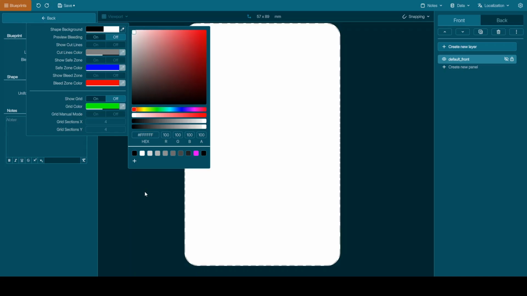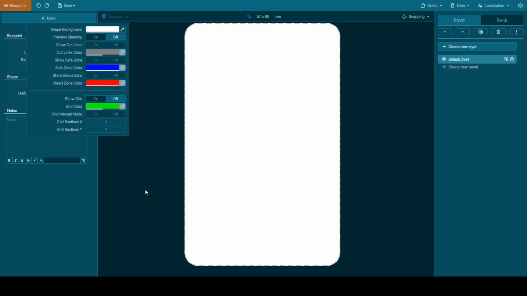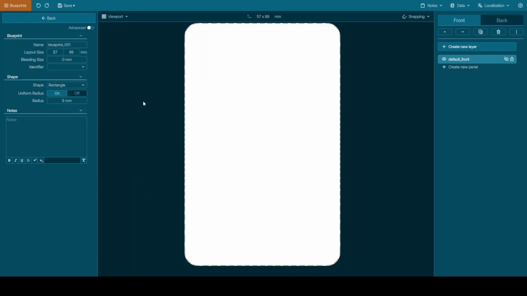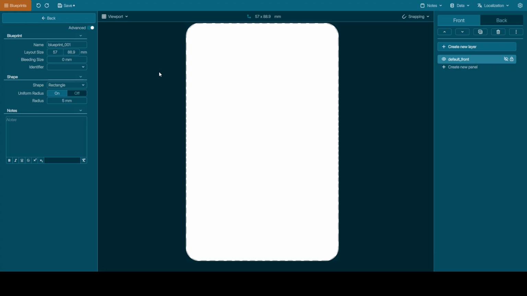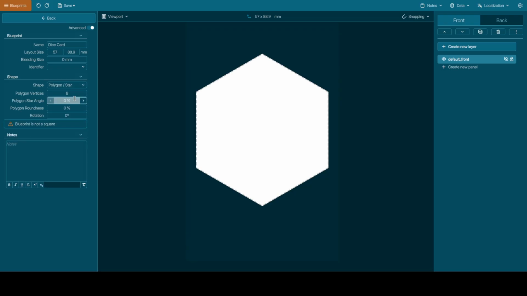So now it's pretty much similar to what it was when we used Dijkstra's. Let's say the name of the layout, or blueprint, is dice card, and layout size is set here. Different kinds of bleeds and other printing options can be selected here. We also can change the shape, rectangles, different polygons, and so on, but we are using cards at the moment.